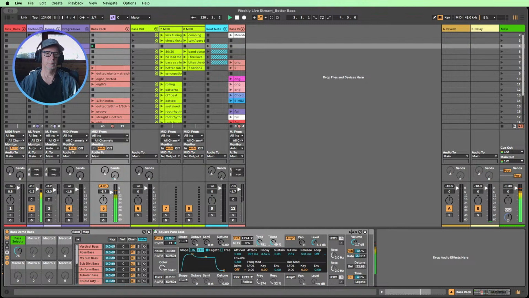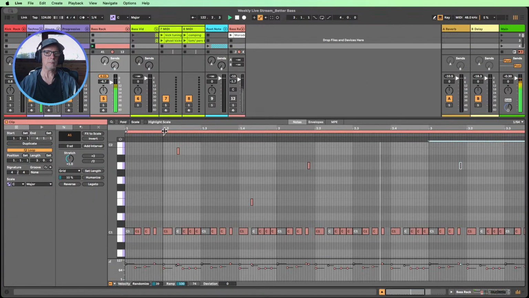Nice. Lots of fun, and this is the thing, just a simple pattern up here. Those little small notes, they do what they do. Triplets and straights, velocity.